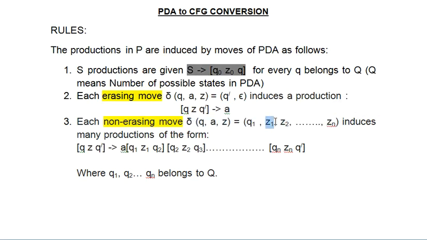And these are the elements of stack alphabets. Okay, keep in mind these are the elements of stack alphabets, so don't get confused. And this is a state, this is the next state, this is the input element to be read, this is the top of the stack, and so on. So that is the format. Now, how to convert a PDA into a CFG, I will explain to you with an example.